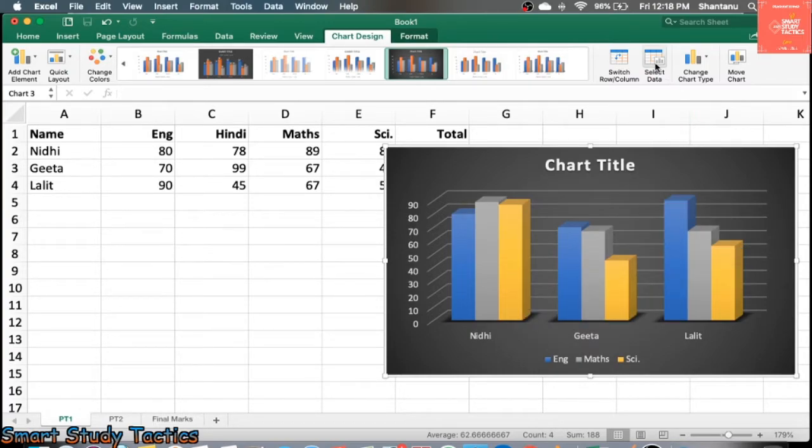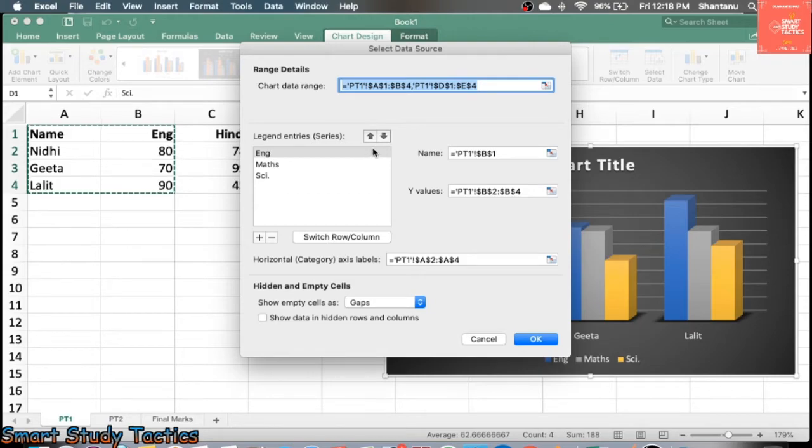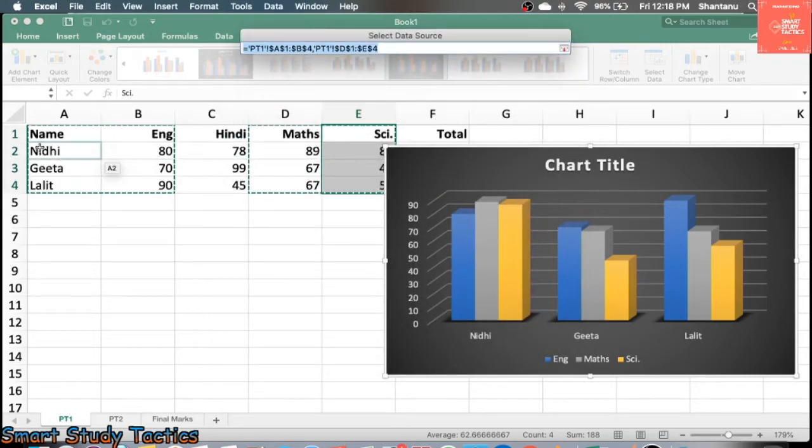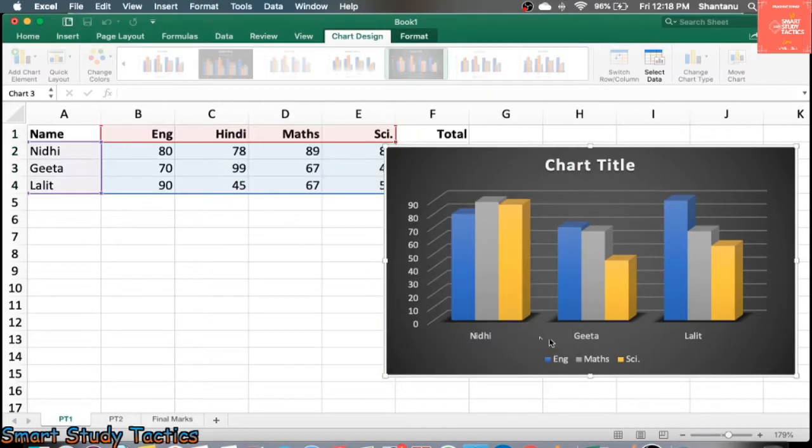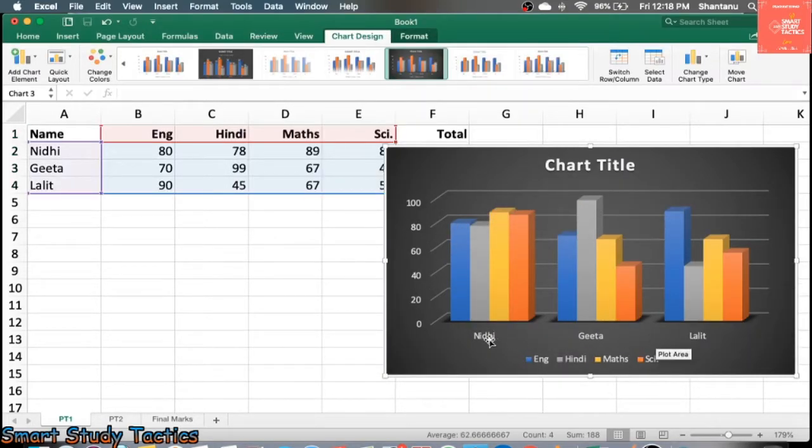Similarly, if you want to arrange the chart in the previous manner, that time what you can do, you have to click here and you can select the chart manually, sorry. You can select the chart manually and click here and OK. Now it is going to show you all the 4 values. I think this is pretty clear to everyone.